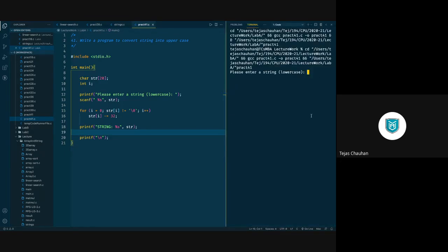Okay, so I'm going to insert university in small case letters, and it is going to print that university in uppercase letters, right? So that's your program number 41, converting the string to uppercase.